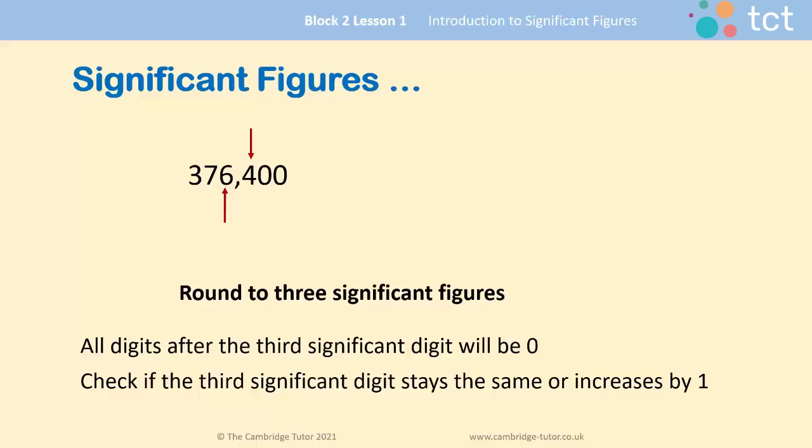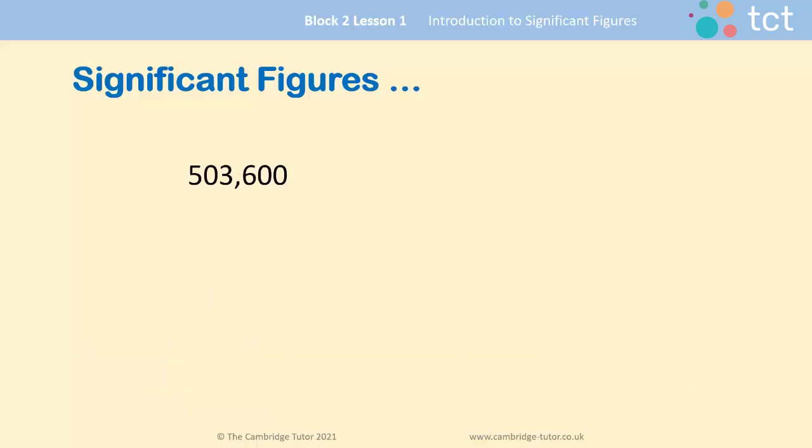So 376,400 rounded to 3 significant figures will be 376,000. Everything after those 3 significant figures will be 0. Here we have